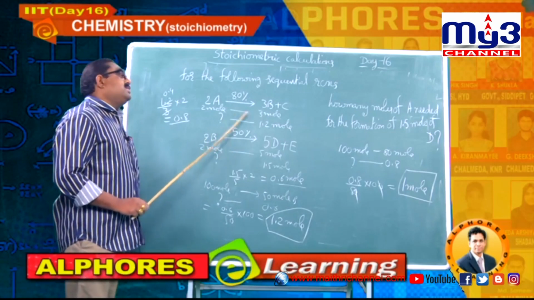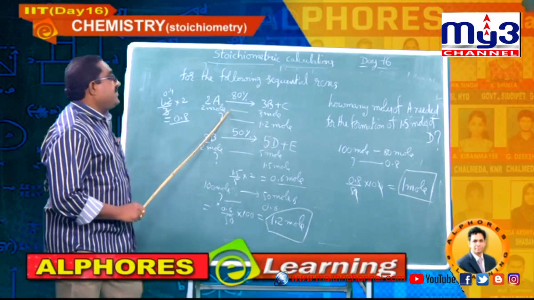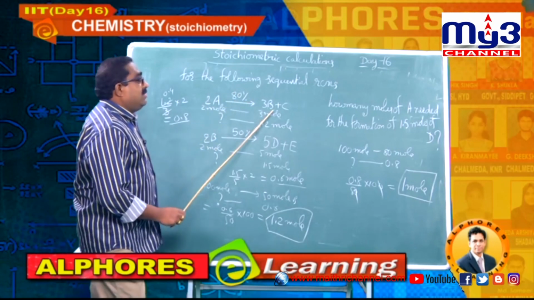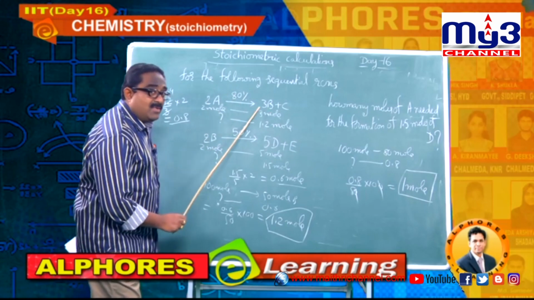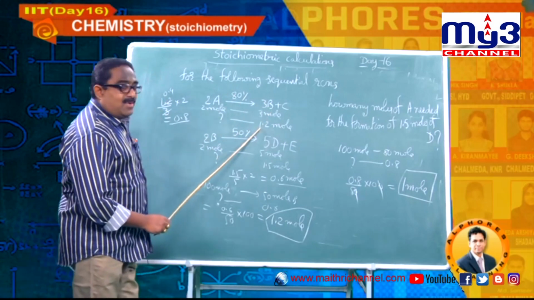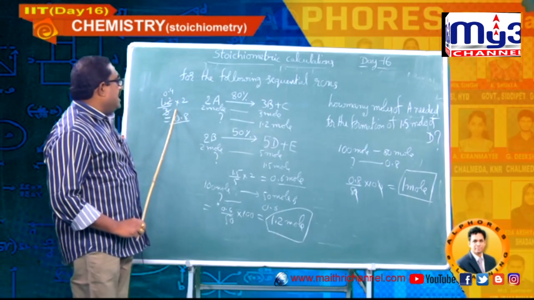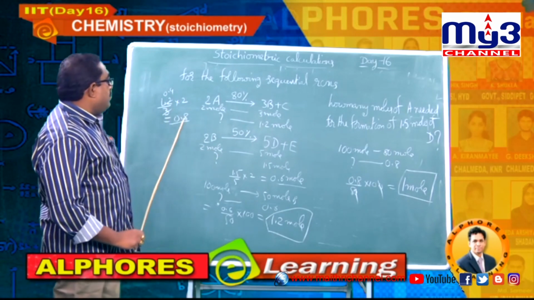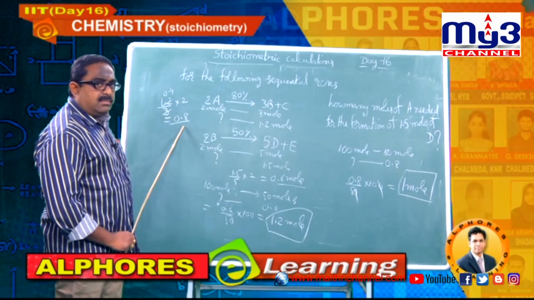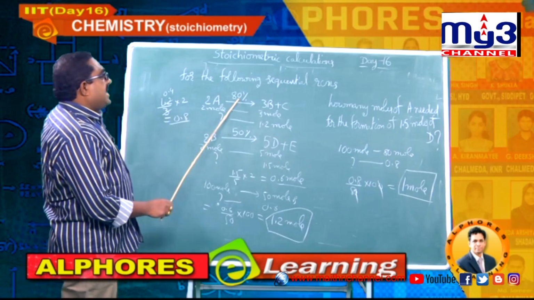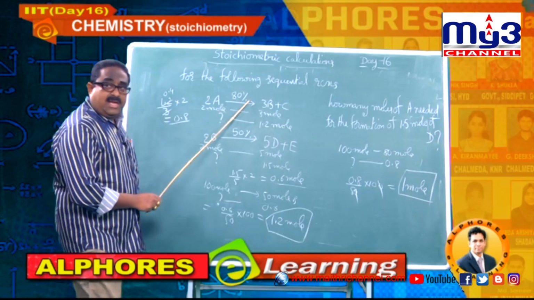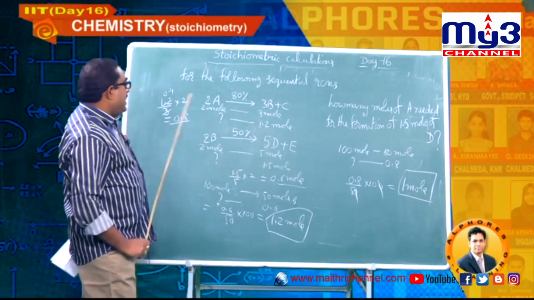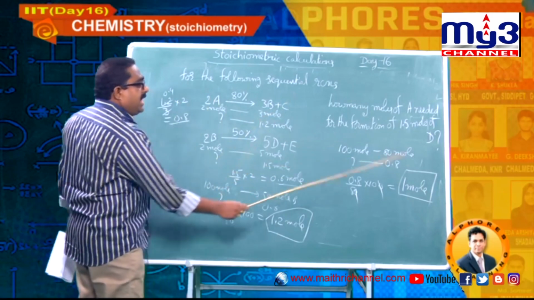Let me go for the first equation in the sequence. Forget about 80% for some time. 2 moles gives 3 moles. 1.2 moles should come from, I did the calculation here itself, 0.8 mole. But the reaction is only 80% yield. It means 100 moles gives 80 moles. But my need here for A is 0.8 mole.